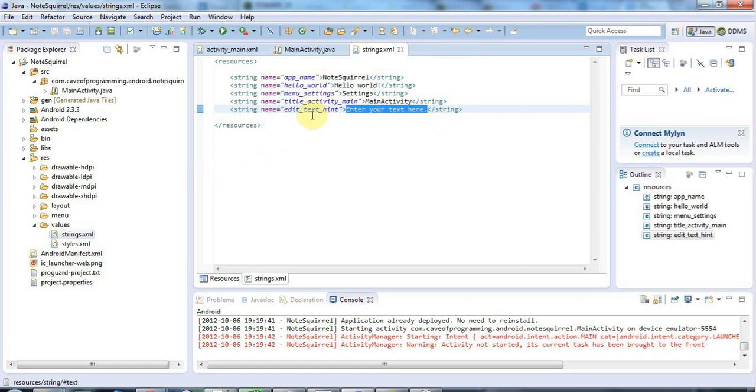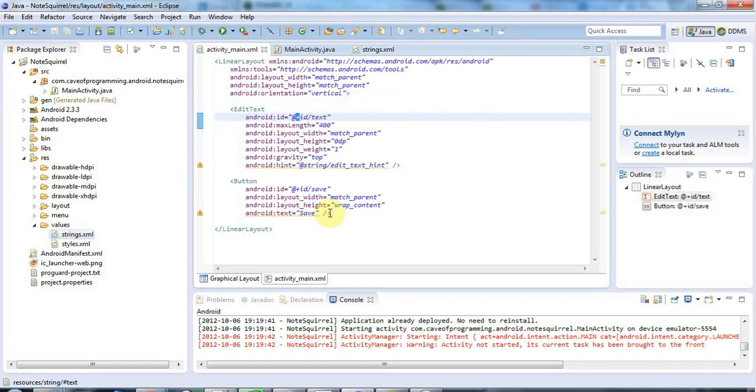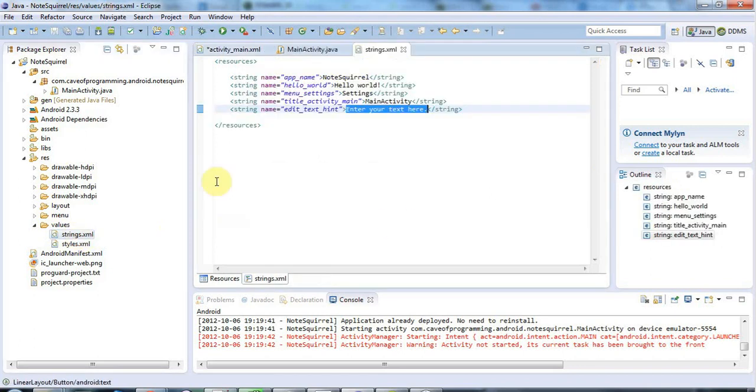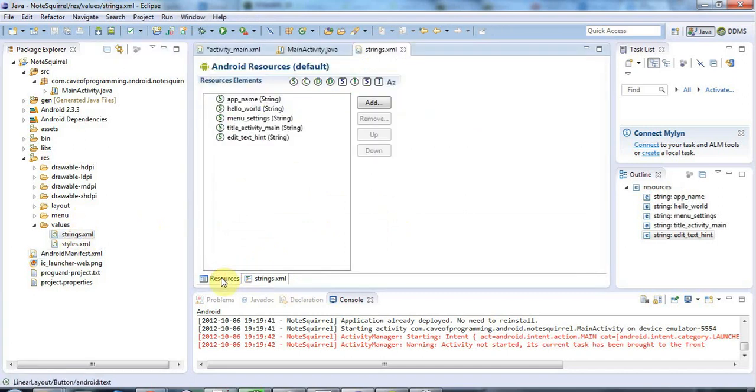And let's take a look at another example, because we've still got this save here. Let's say I want this to be the text save, but I want that text to be in strings.xml down here. If you want to do it by hand, you could just copy one of these and change it appropriately. But if you click on strings.xml and go to the resources tab here, you've got a little user interface to that XML file that lets you edit it with this editor,